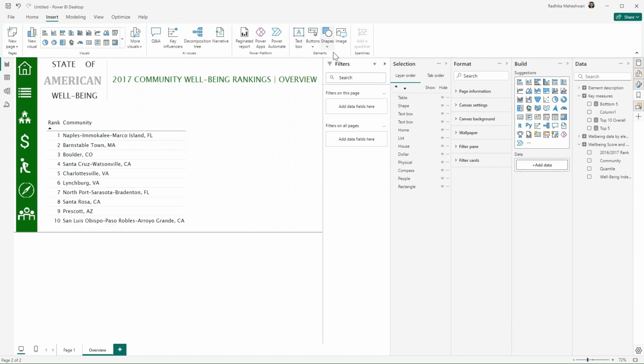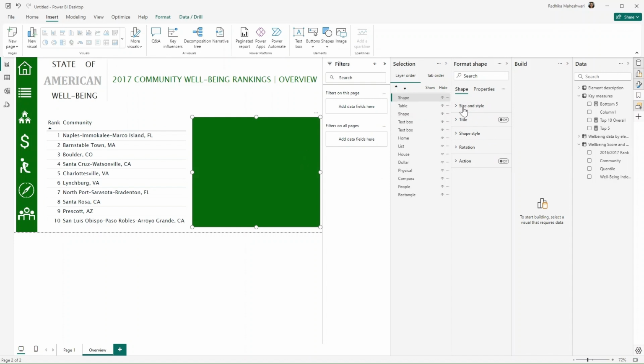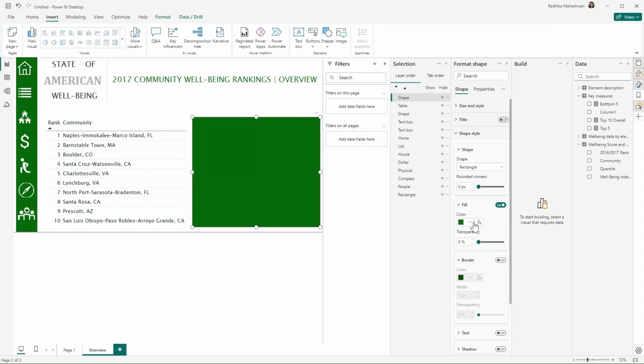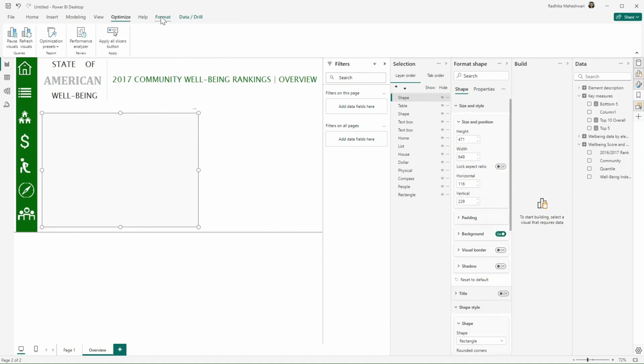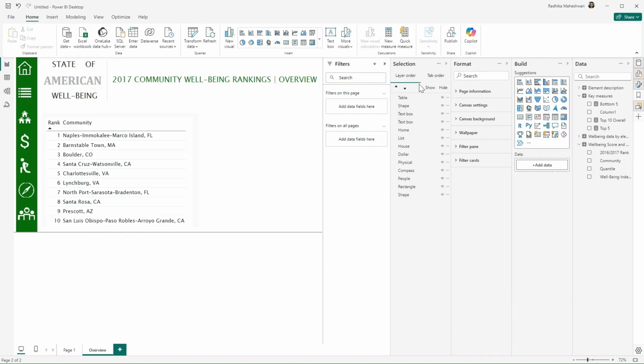And we'll get a shape and give this a gray color. Don't want the border. For this, we need this gray color with a transparency of 80%. And we'll place this as a background to this visual. Go to format and send it to back. I will increase the size of this canvas. So for that, I'll go to formatting pane, go to canvas settings and choose a custom size. And I will choose this as 800.